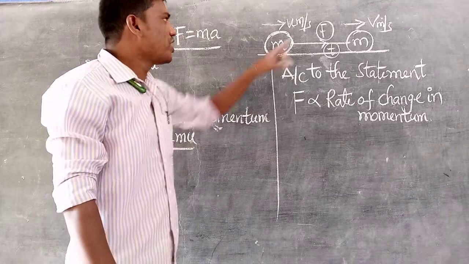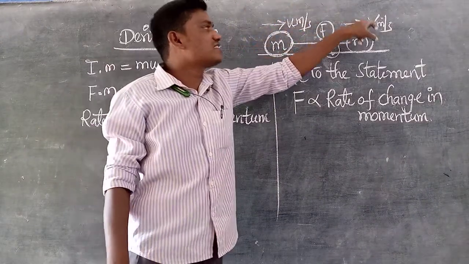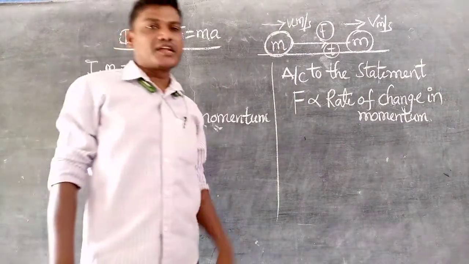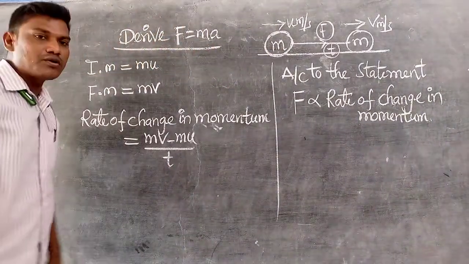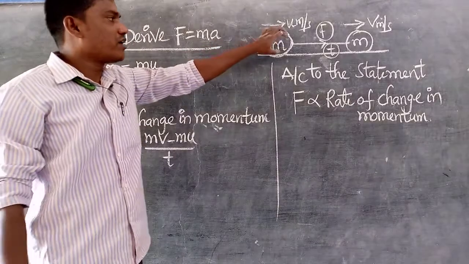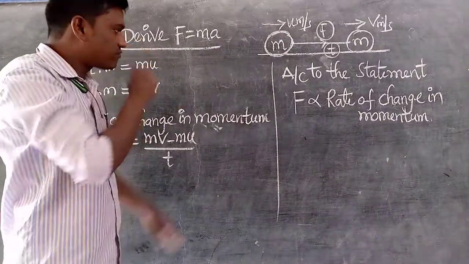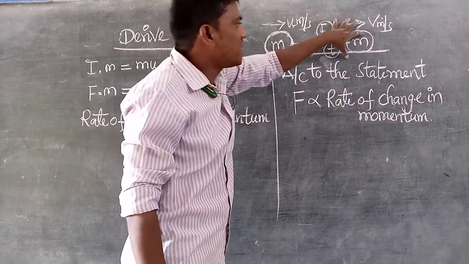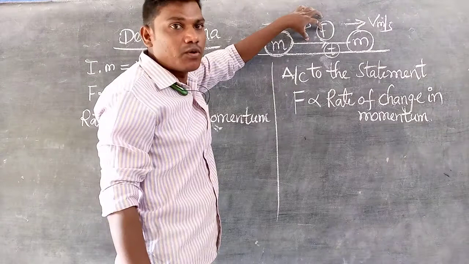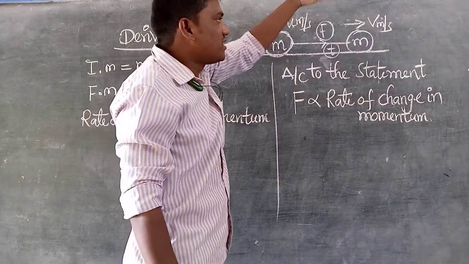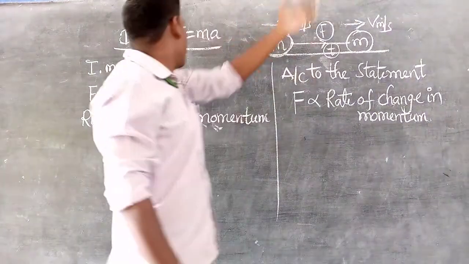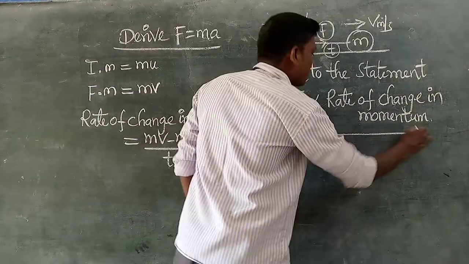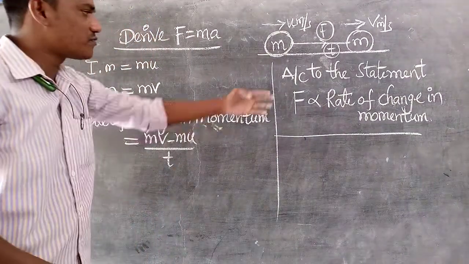Applied force. So if force is increased, velocity is also increased, then momentum is also increased, and automatically the rate of change of momentum is also increased. I will give one small example after this. So here the change in momentum is increased by applying the force only. If applied force increases, then velocity also increases, so momentum also increases. Just I will be explaining this type only. Later we can go for that one.